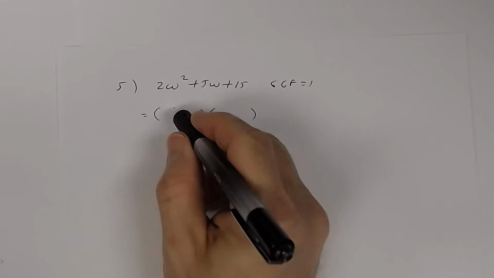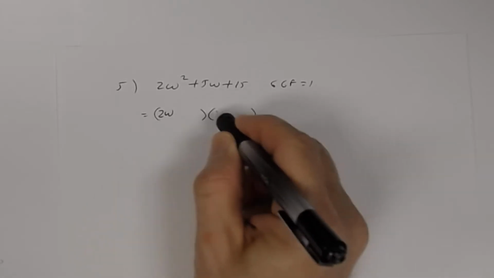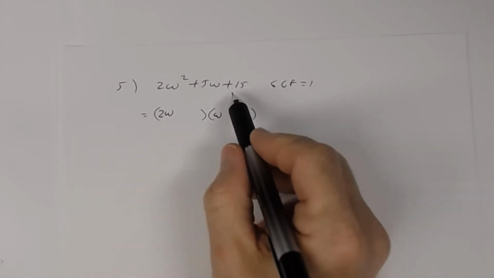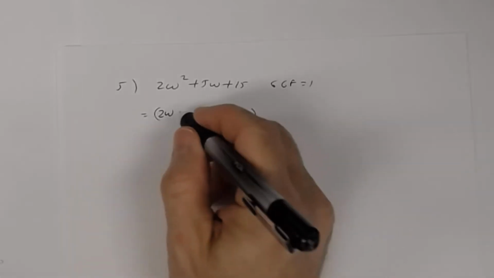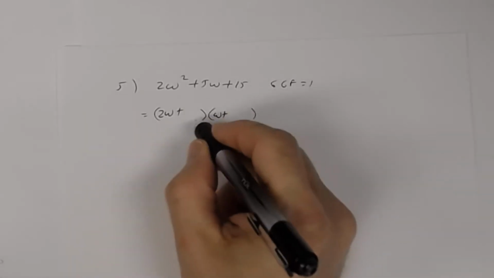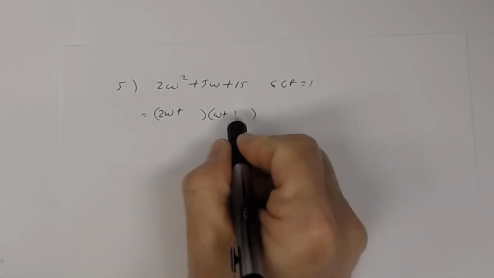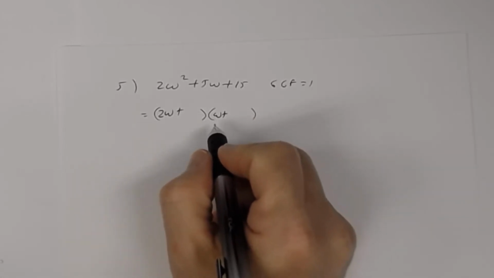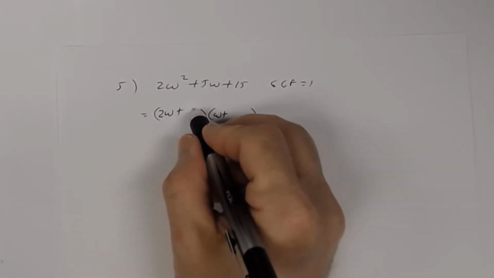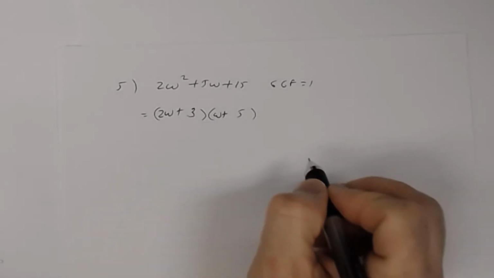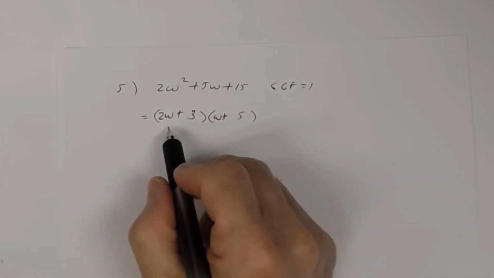The only possibility for 2w squared is 2w and w times w. The last sign is positive, so that means these signs will be the same, and they're both going to be the middle sign. And I need two numbers whose product is 15, so like 5 and 3 and 15 and 1. So if you try 3 and 5 like this, you always check because you want to make sure you